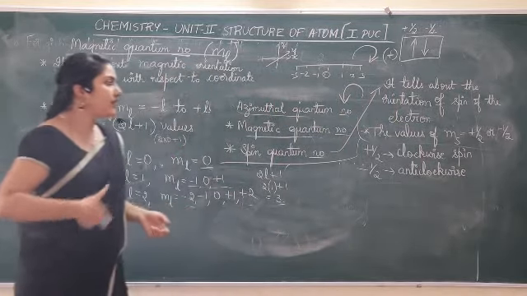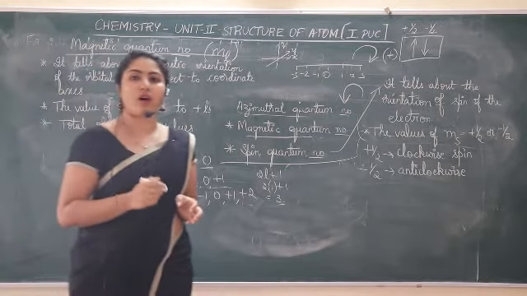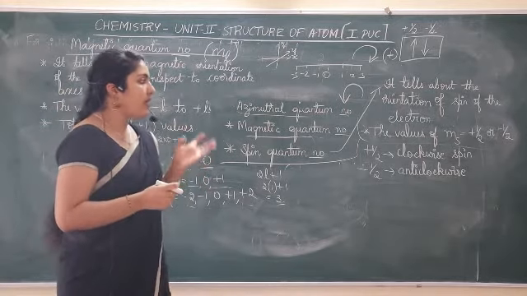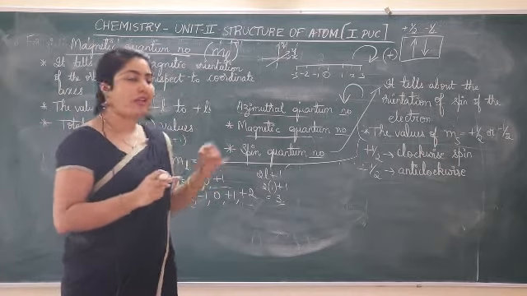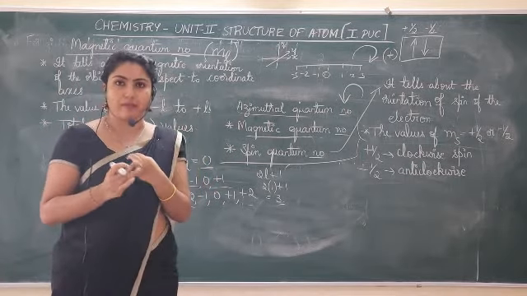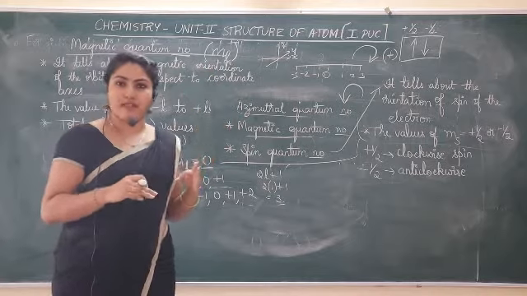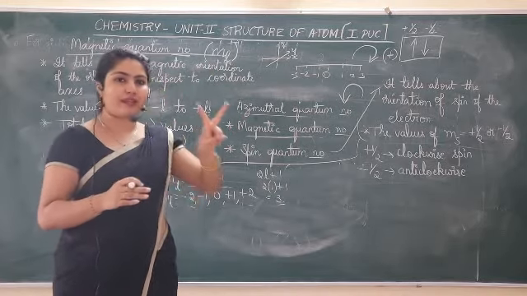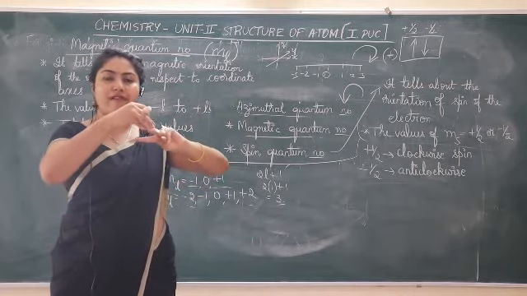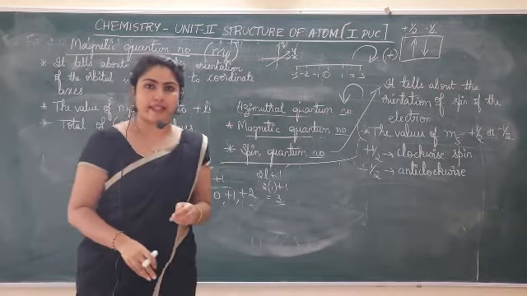So these are the significance of quantum numbers. You should know, if I give you values of n, how to write the value of L, how to write value of ML, how to write value of Ms also. Ms for the electron can be positive or negative. If 2 electrons are there, one will be positive half, other one will be negative half, like that.